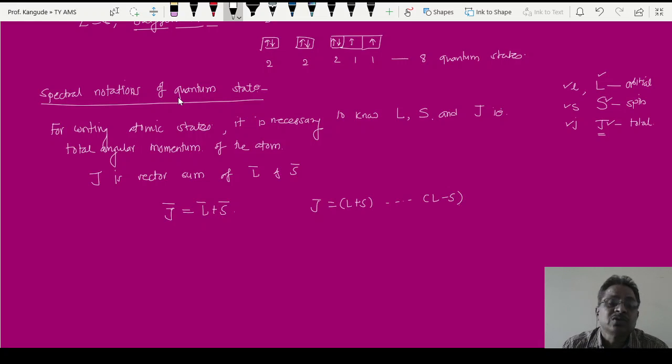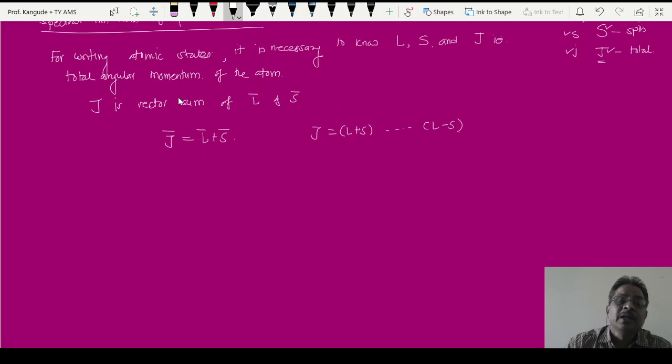Now, how the orientation of this L and S is, what the angle between them is, depends on that. J can take a maximum value of L plus S and a minimum value of L minus S. So this entire scheme we will discuss further when we go for that. Okay, now here